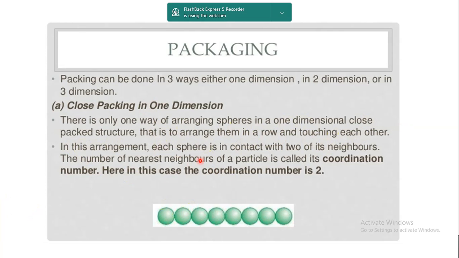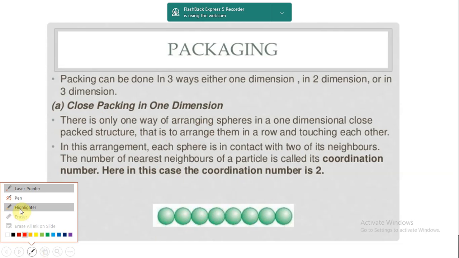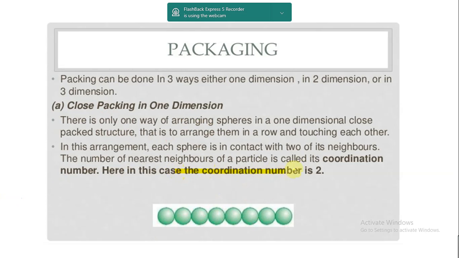So in this arrangement, each sphere is in contact with 2 of its neighbors. So if I say this, it is in contact with this and this, so its coordination number is 2. So closed packing in 1 dimension has a coordination number of 2. You have to remember this. Then